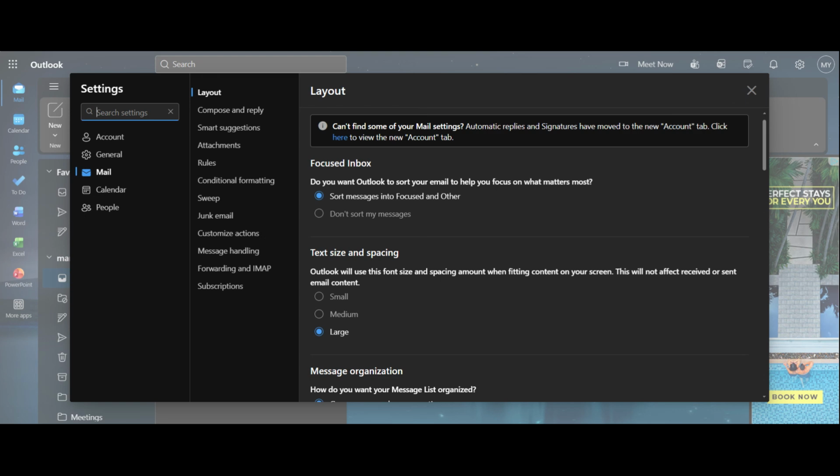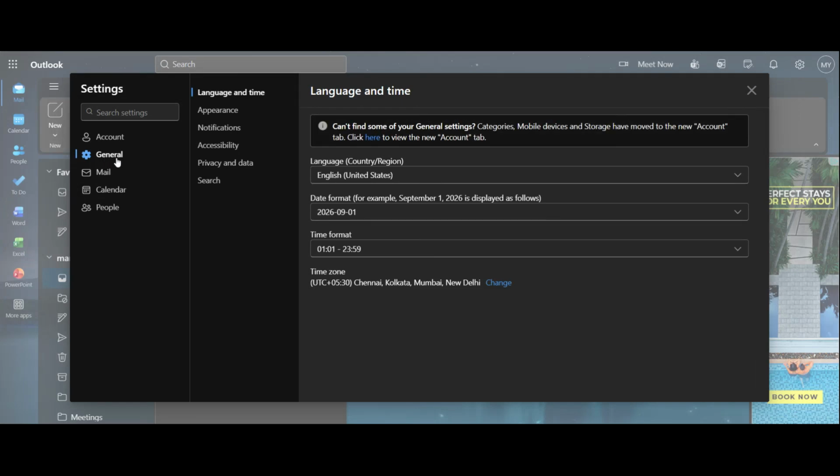On the left-hand side of this window, you'll see several categories. Click on General to expand the general settings for your Outlook account. Under General, select the option labeled Language and Time. This is where Outlook allows you to control how dates, times, and language preferences are displayed across your emails and calendar. Once you're on the Language and Time page, scroll down slightly until you see the section related to date